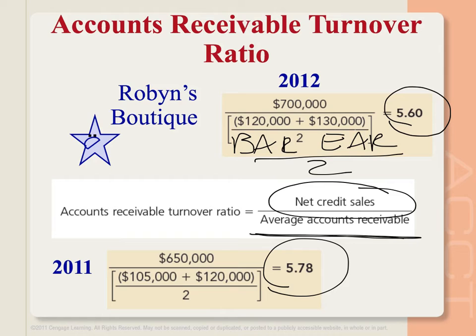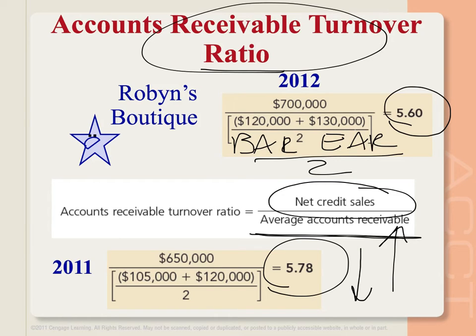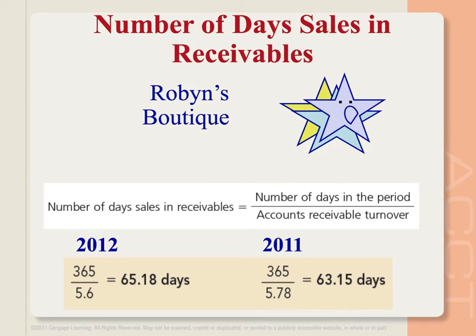That is extremely positive. The higher this number, the better off you are. The lower this number gets, you have to question that and enact activities that help bring that number up. Once we've calculated this accounts receivable turnover ratio, in this case the 5.6, take a look at the number